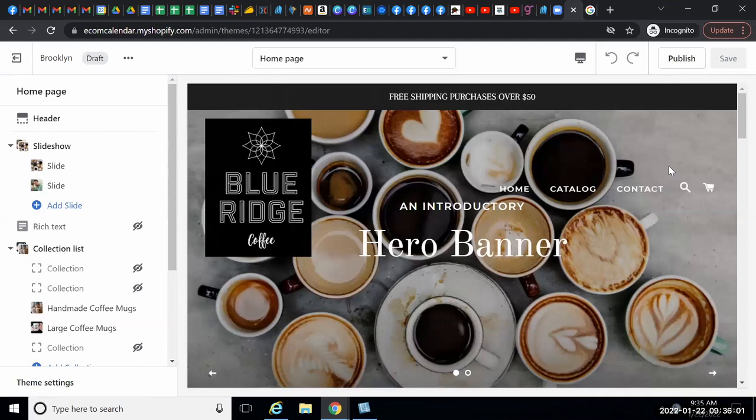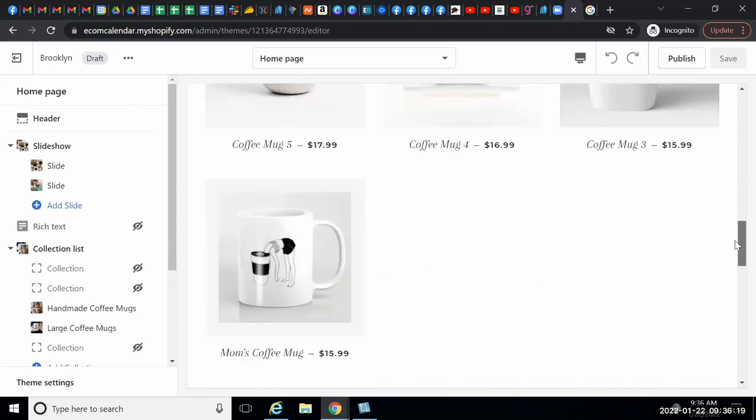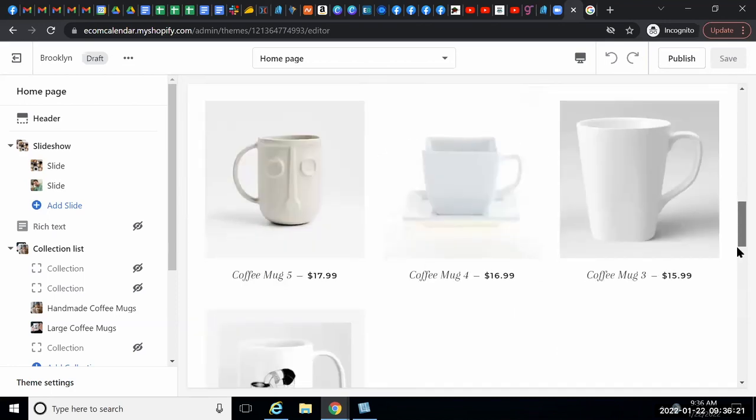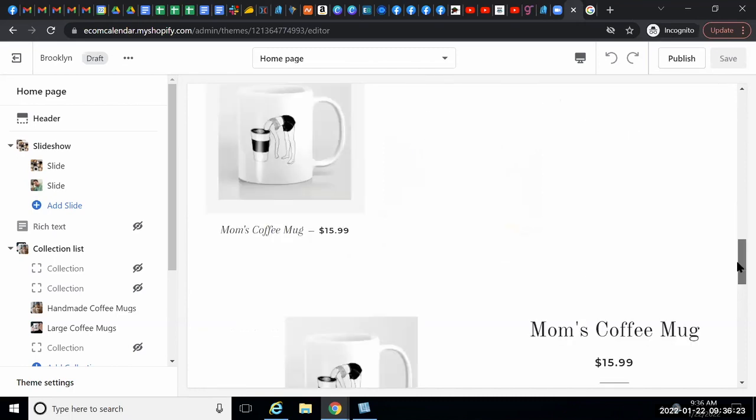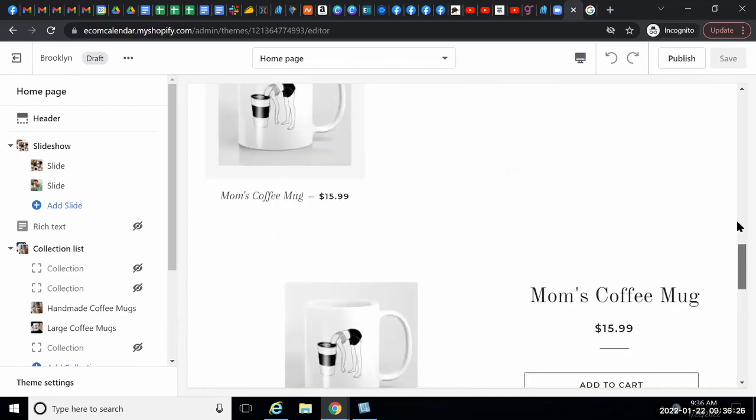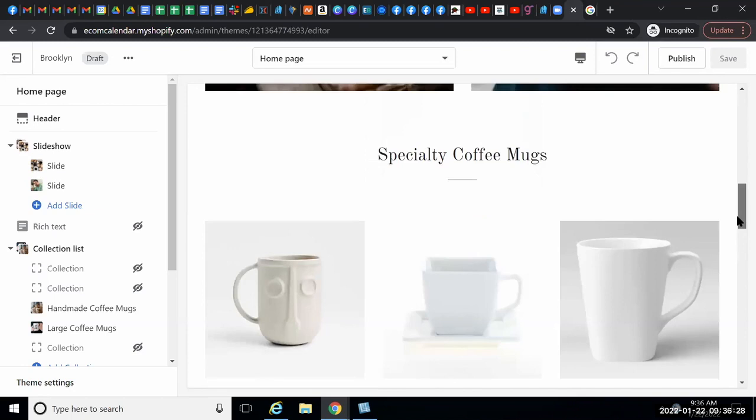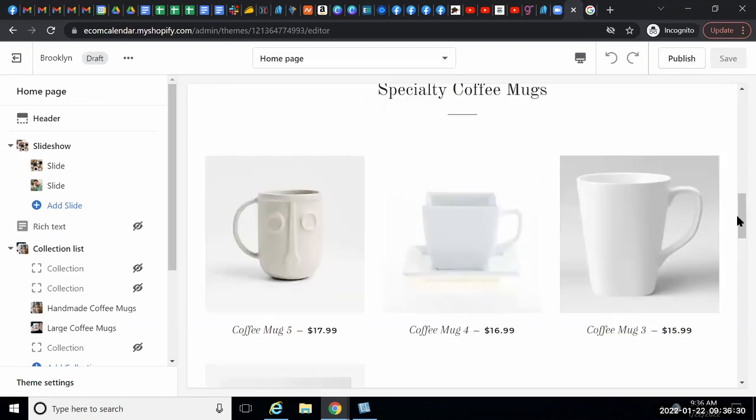Now that we have added all of these products, let's see if they automatically show up, because we automatically attach them to the large coffee mug collection, and we also attach them to, look at that. We attached them to the other, which was handcrafted. So I didn't have to come back and add them once I automatically assigned them to the collections that I